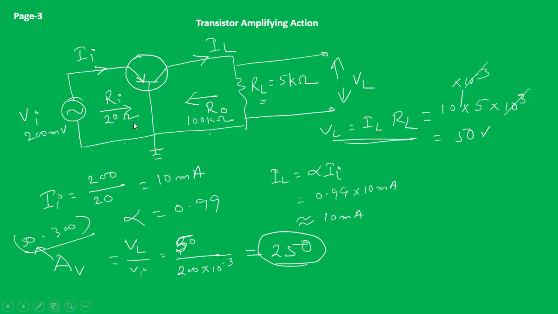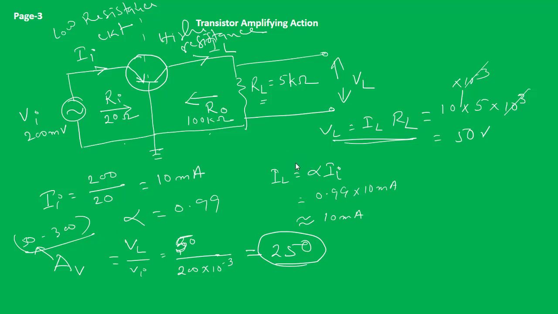And another reason that we have discussed is that this input section is a low resistance circuit, and we are transferring the current from the low resistance circuit to a high resistance circuit. Because of this transfer, that is the main reason